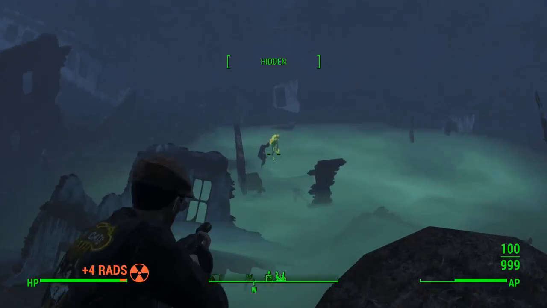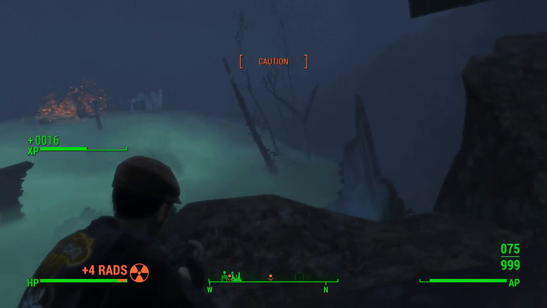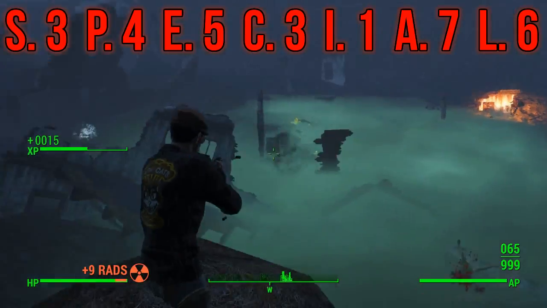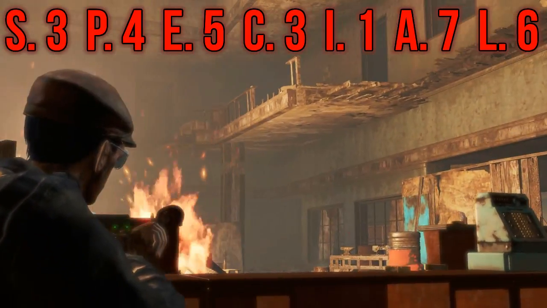Meet the Rebel, self-proclaimed coolest dude in the Commonwealth. This character will bring the funk to the waist and look good while doing it. The Rebel has Strength 3, Perception 4, Endurance of 5, Charisma 3, Intelligence at 1, Agility of 7 and Luck